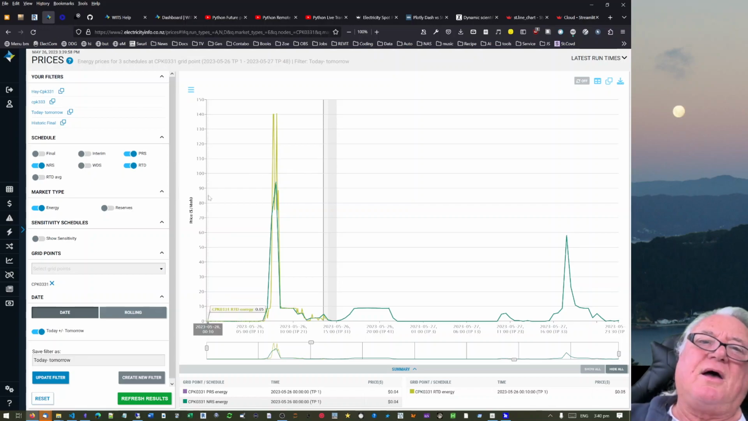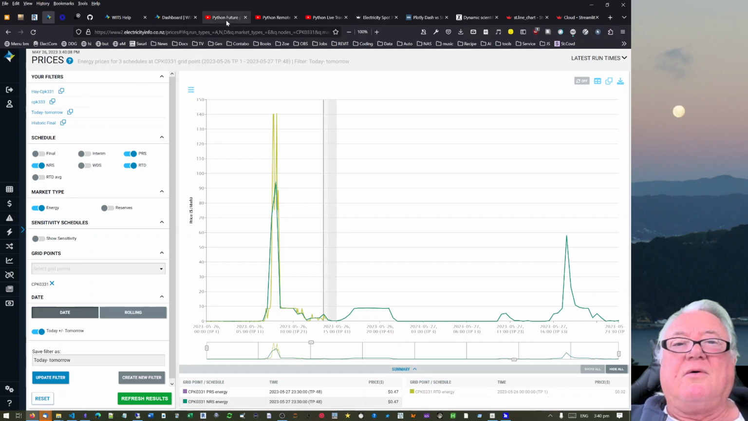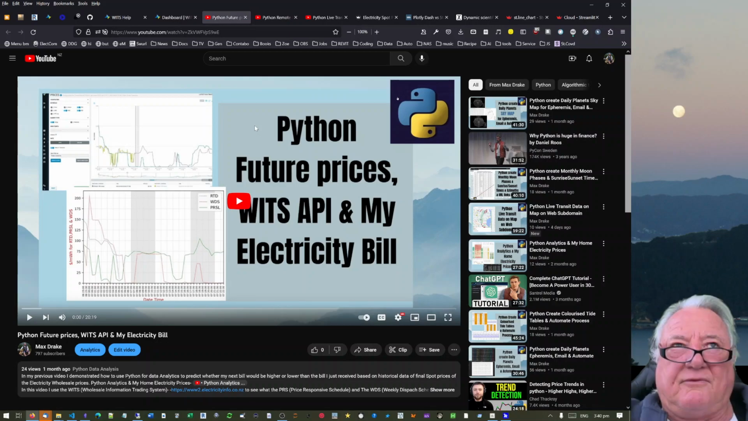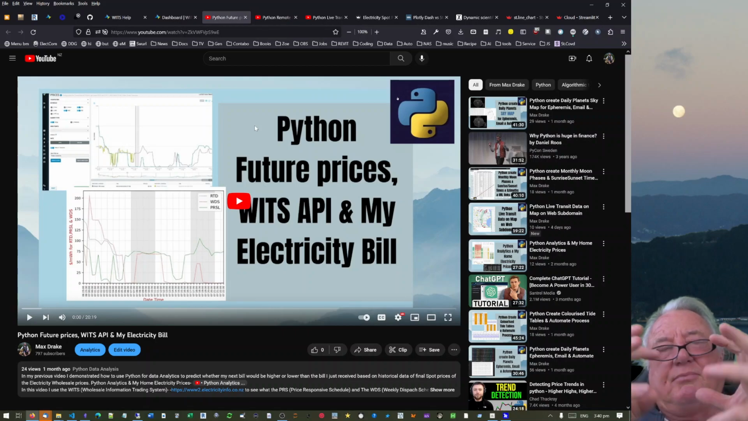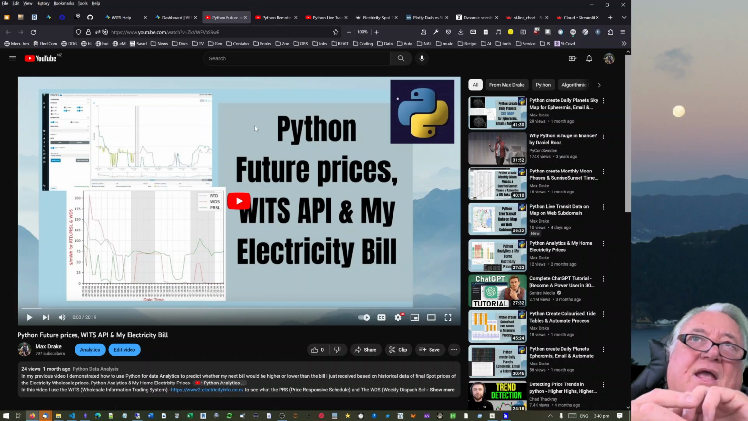I want to talk about the WITS thing here, the Wholesale Information Trading System. Because it's trading, it's dynamic and changing over time. Historically, what I'd done before is I'd got Python future prices with the WITS API. I fired off some API queries, the data came back in JSON format, I brought it into pandas, manipulated that data, ended up creating a